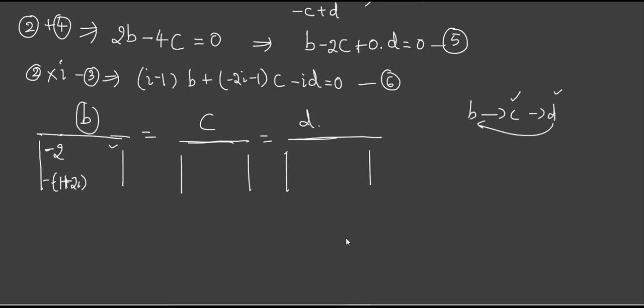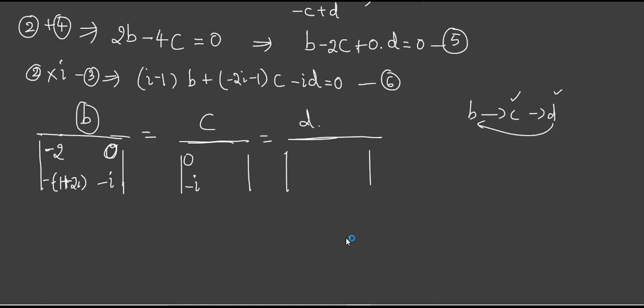Means for B, the B coefficient will not come. Got it? Now, what are the coefficients of D here? From the first equation, 0. That's why I have written it as 0, because I wanted it. Similarly, what is the coefficient of D in the second? Minus i. Do write it here. Now for C, you should write D first, cyclically. First the coefficient of D: 0, and down, minus i.